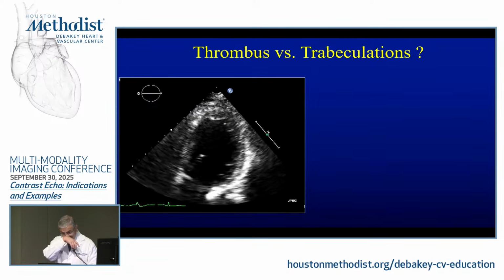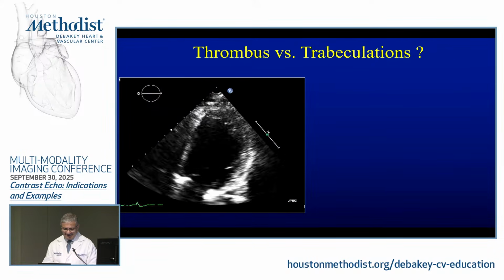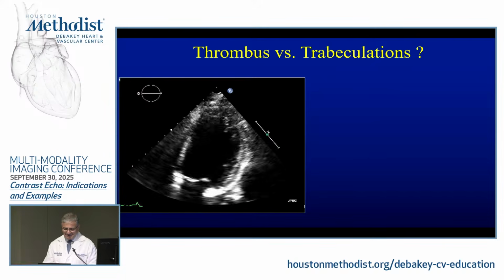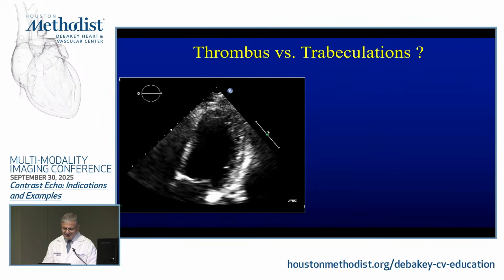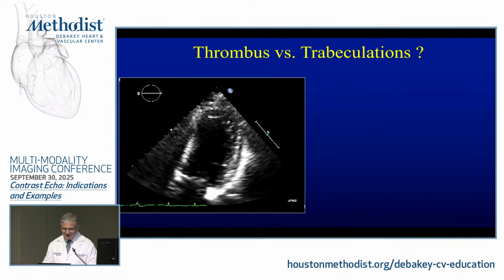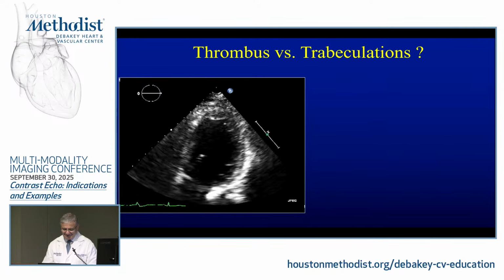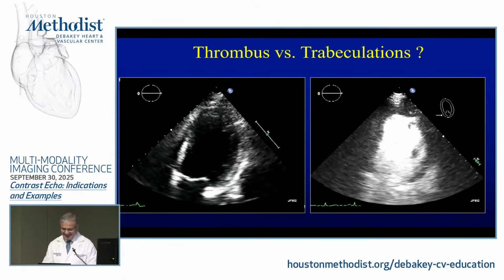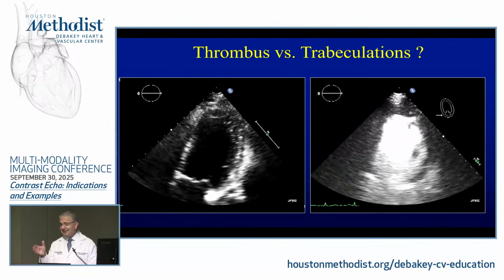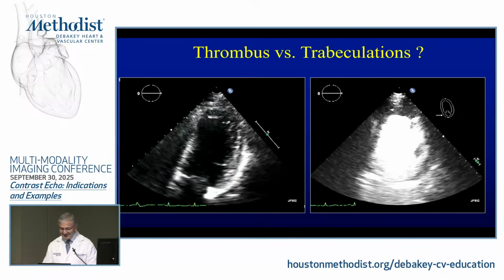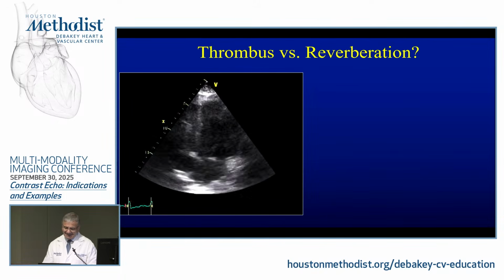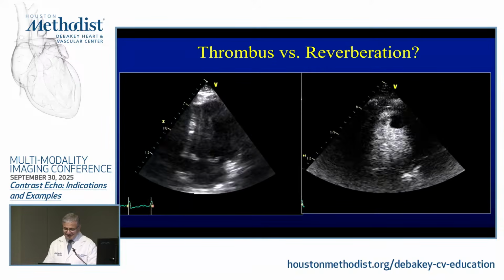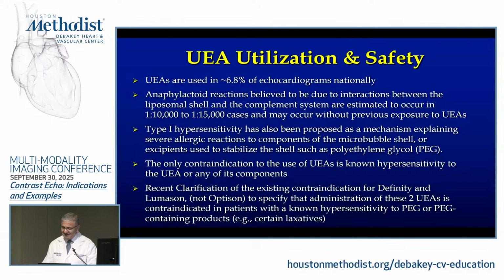How about this? This is like thrombus. This is a thrombus. This is trabeculations versus thrombus versus whatever it is that you want to do. It is a thrombus. Thrombus plus other trabeculations, but it is a thrombus. You could see it on top. How about this one? You can't tell. It is difficult. Here we go. All right. So,